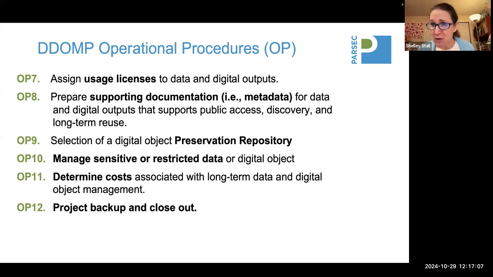Okay, I'm going to go on to 7 through 12. So licensing, we have to make sure that data and digital objects are properly licensed in order for as much openness as possible. The metadata, this is one of the hardest ones. OP8 is one of the hardest ones to do because not every community has well-documented metadata standards that are community supported. So this is where you talk to